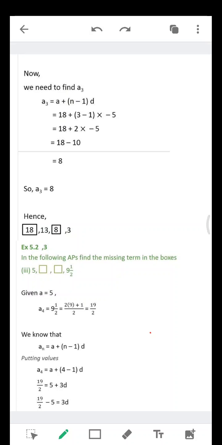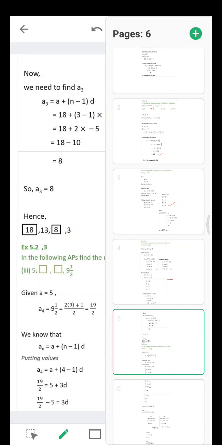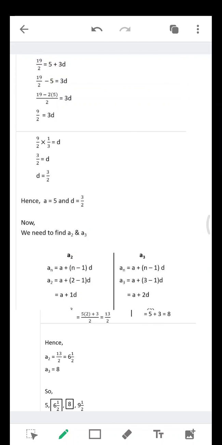Simplifying this further, we get the value of D now. Simplifying it, 19 by 2 minus 5 is equal to 3D. Simplifying further, by doing LCM, we get the value of D as 3 by 2. So we have got the values of A and D, that is A is 5 and D is 3 by 2. Now we need to find A2 and A3. A2 is A plus 2 minus 1 into D, or you can directly write A plus 1D also, and A3 is A plus 2D. Simplifying this, we get the